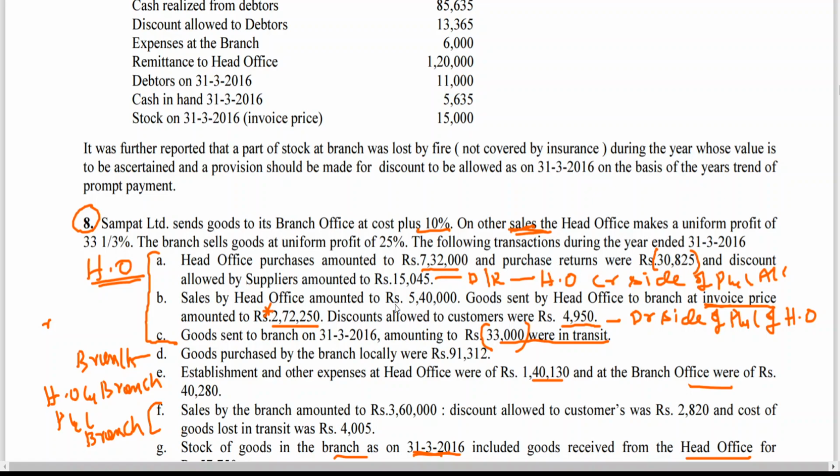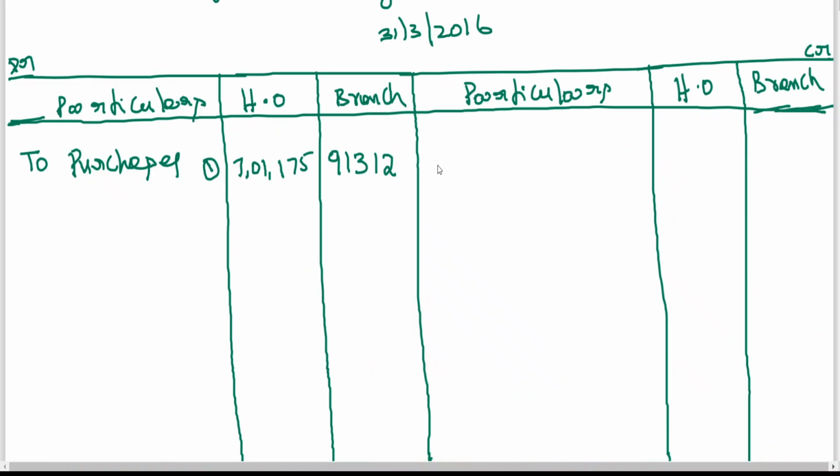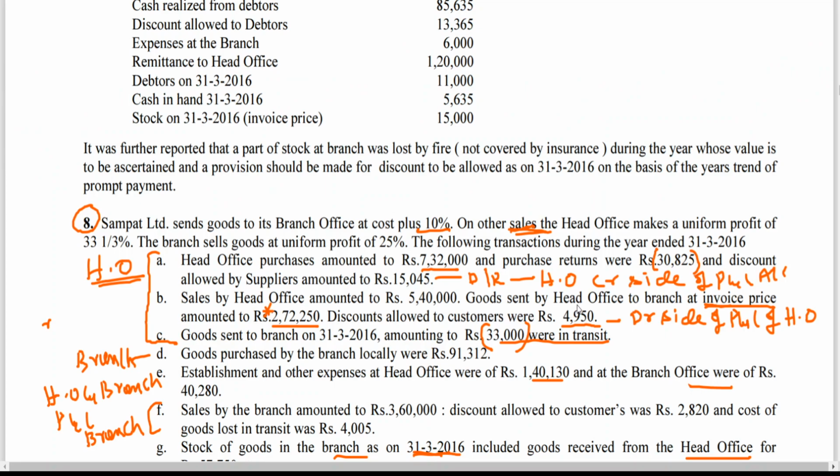this is completed. Of course, this discount allowed is received. I told you this will be taken when you prepare the P&L account. Sales made by head office amounted to 5,40,000. So here by sales 5,40,000. Then goods sent by head office to branch at invoice price 2,72,250, and I told you goods sent to branch amounting to 33,000 were still in transit. So what I need to do here,